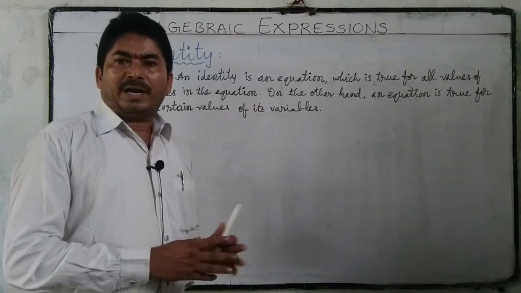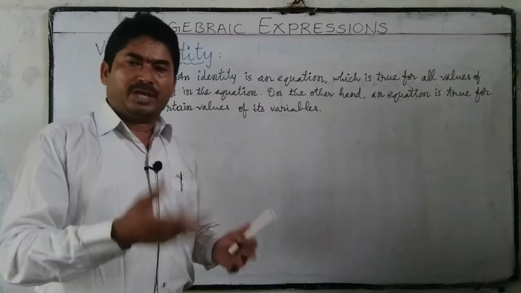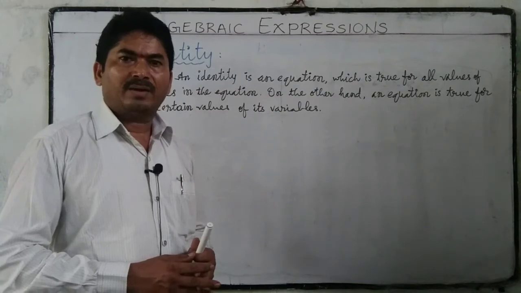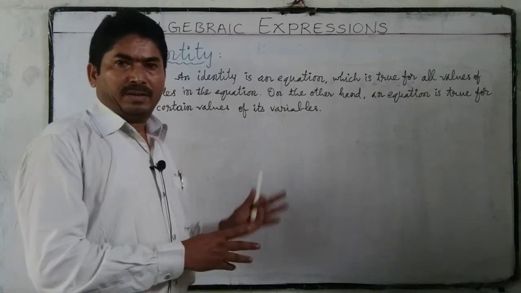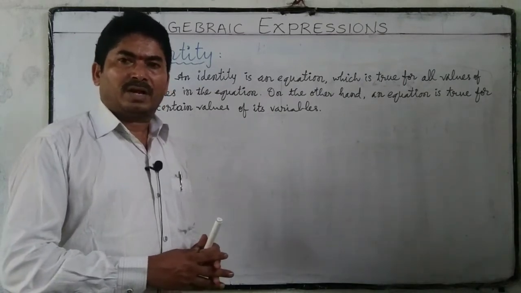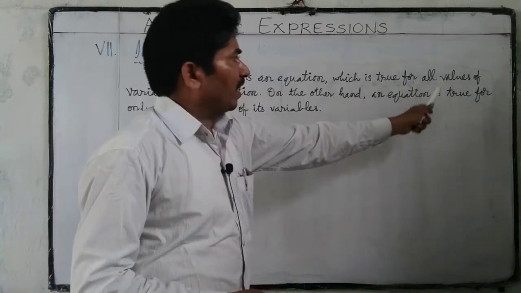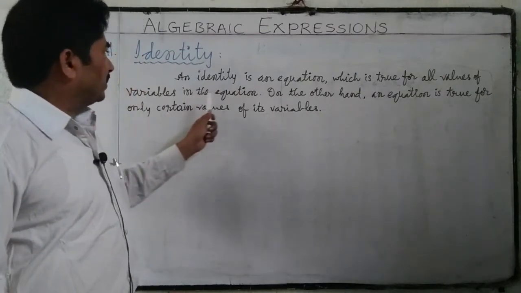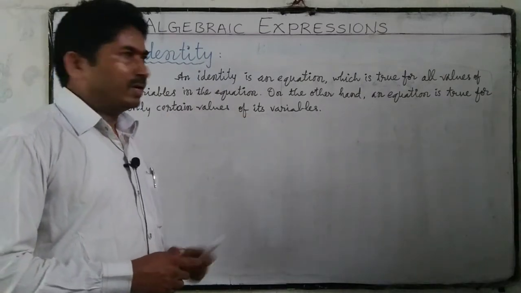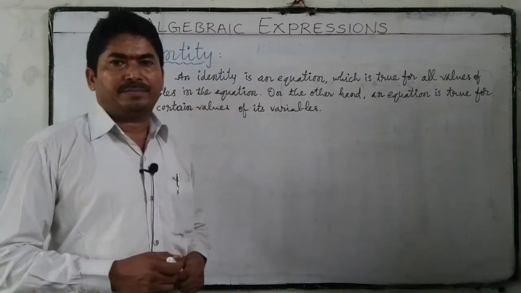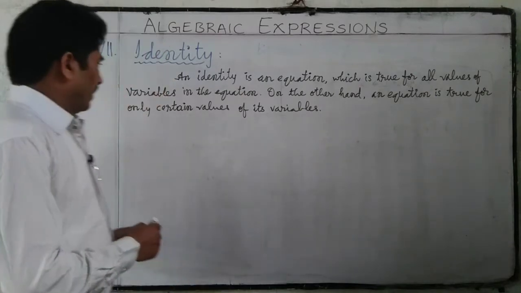All identities are equations, but all equations are not identities. An equation which is true for all values of variables is an identity. For example,